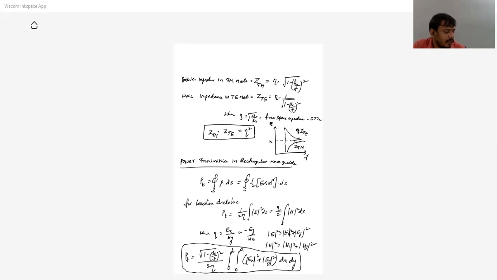So that we can see in the next class: what is the dielectric loss and what is the conductor loss, and how we can express these two things with respect to our root of 1 minus Fc by F whole square. That you have to remember. Up to this is very important. Sometimes they may ask that you simply write these equations. This is the Poynting vector, and based on the Poynting vector you can write like this. This is more than sufficient.